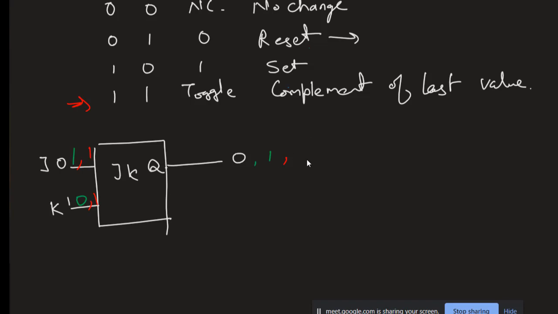Who said 0? Rohan, Siddhi. Why did you say 0? Because complement of the last value. Exactly. And the last value was green, that is 1. We gave the last input combination in green, 1 0, right? Is this part clear to you? So the output for this will be 0. I agree with this. Okay.